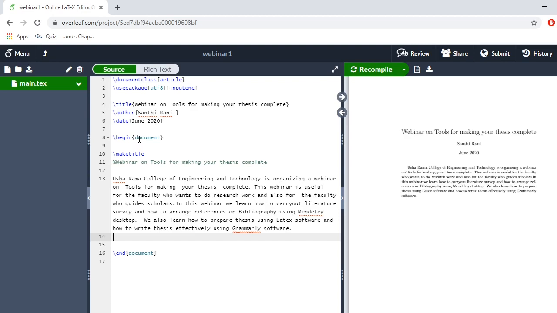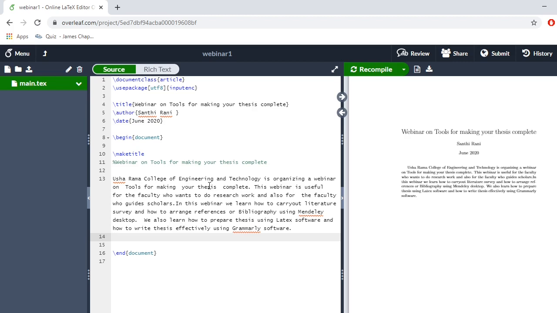Between begin document and end document, you write whatever you want. I have written a big paragraph here, a small paragraph here, because I want to modify this paragraph in the next example. I will read it aloud for you.